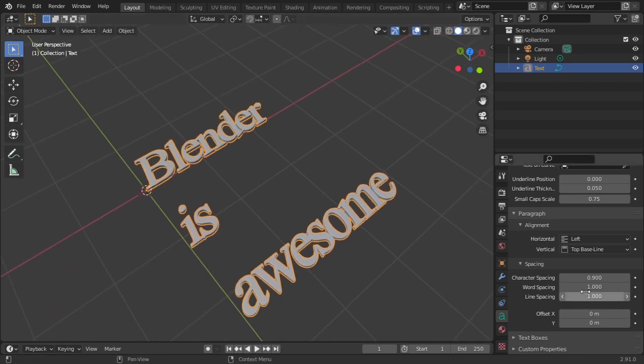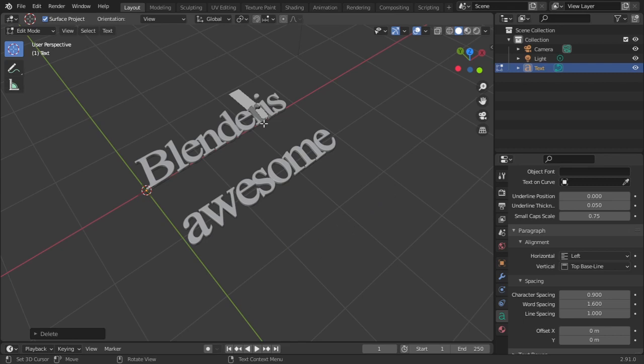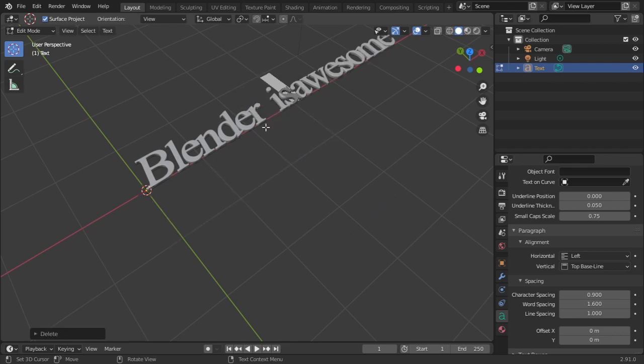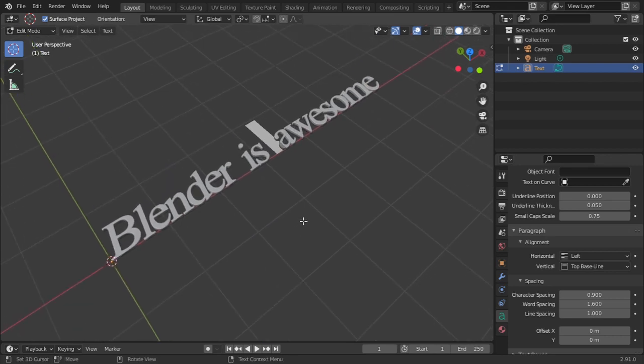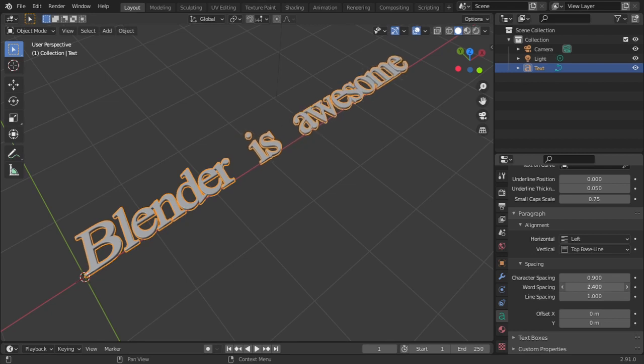And now if I come here from edit mode to object mode, and then come over here to the word spacing, one more thing I have to do is reduce the space. Now what you get is the word spacing, how wide you want the gaps between the words to be.